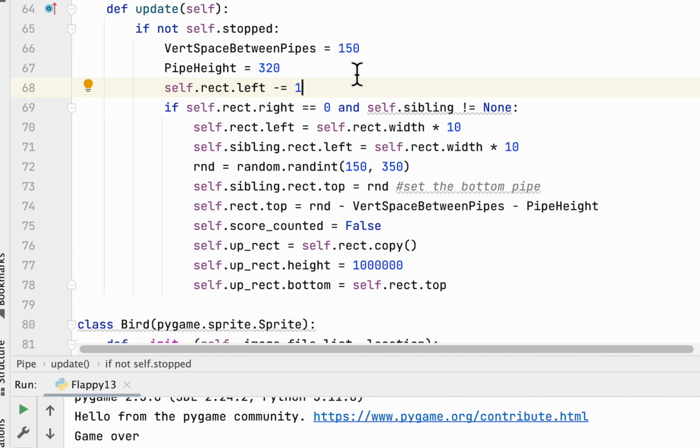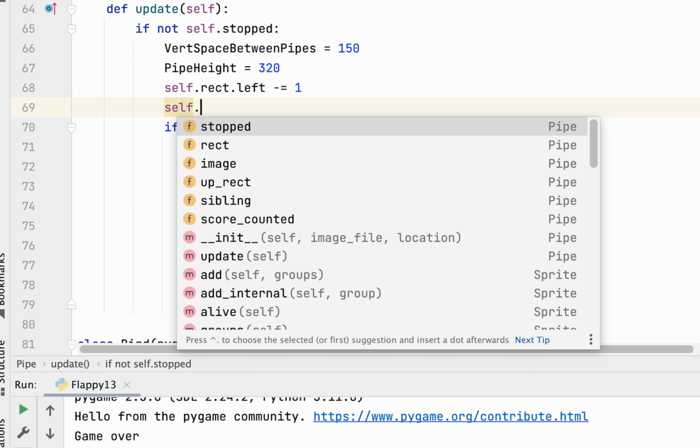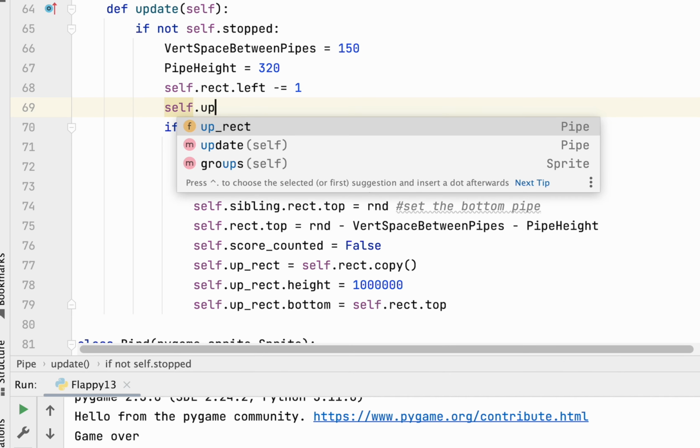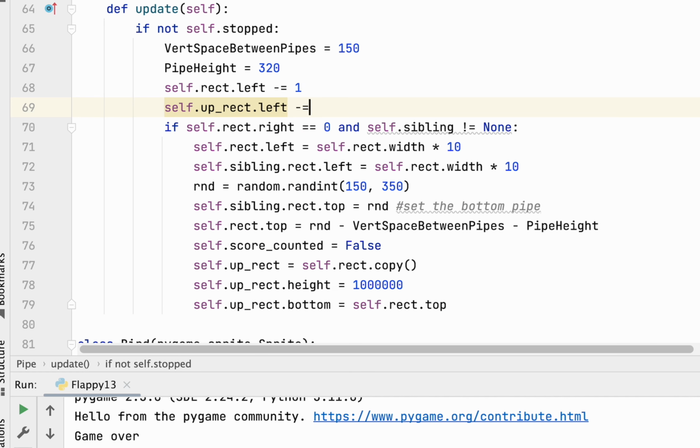So if we have this invisible rectangle, then we need to move that to the left also, because that invisible rectangle needs to be moved such that it can hit the bird too. So let's just quickly do that. self.uprect.left